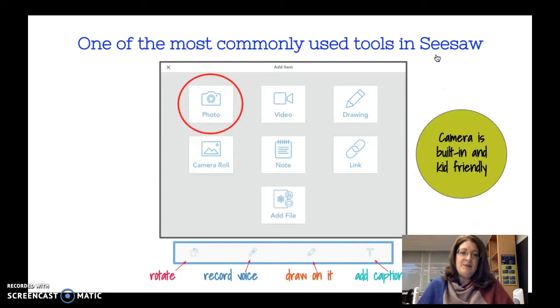Once you are in the interface, both you as a teacher as well as the students, these are the most commonly used tools that you have access to. You can take a picture with the built-in camera on your device, whether it is a Chromebook, laptop, tablet, or phone. You can record video. You can draw something, basically using your finger if you are using a phone or tablet, or a stylus if you have one, or using your mouse if you are on a laptop or Chromebook. You can upload a picture that is already in the camera roll. You can type a note. You can share a link to something on another website,